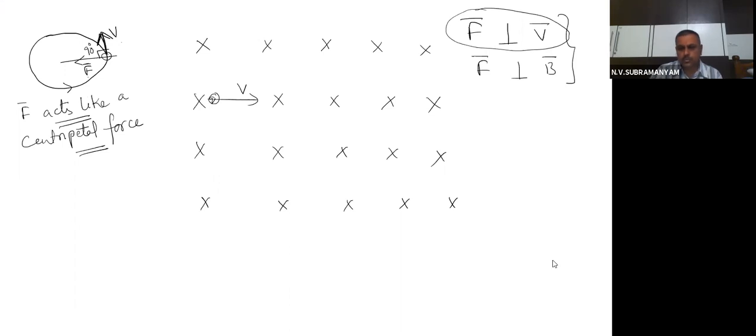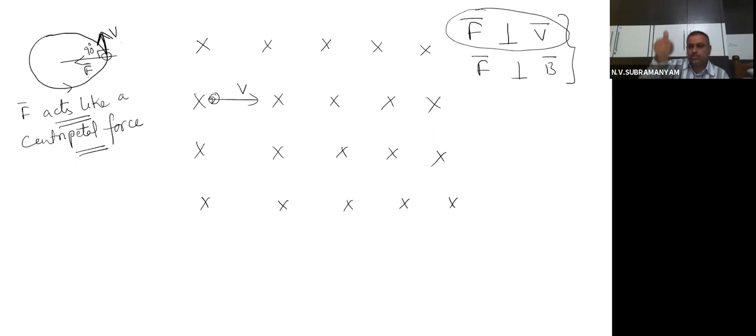Now tell me all of you. The magnetic field is going inside, and the velocity is like this. Then how will you take the cross product? Keep the right hand in the direction of velocity. Velocity is going like this. The magnetic field is going inside. Then curl your fingers inside like this. Then you see the current direction, that is the thumb direction, upwards.